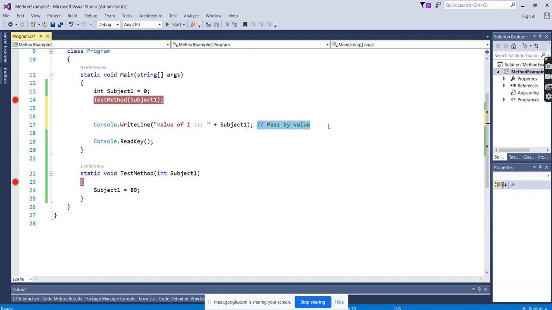In some cases I want to return the values whatever I have mentioned here.